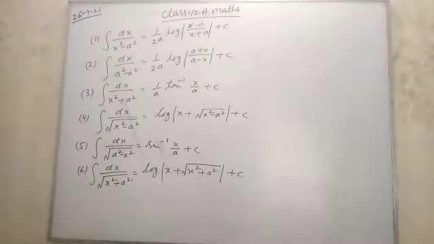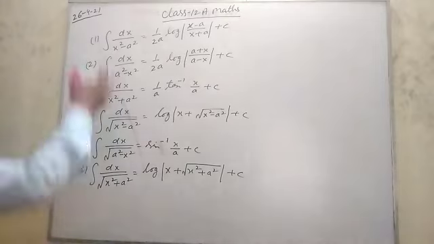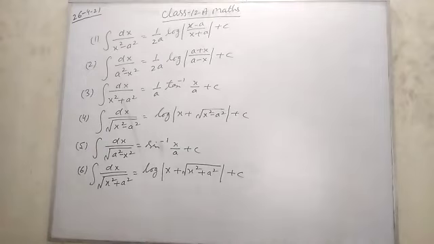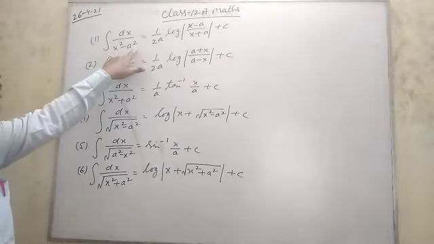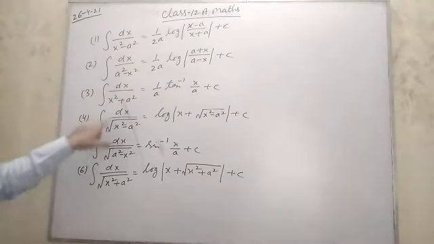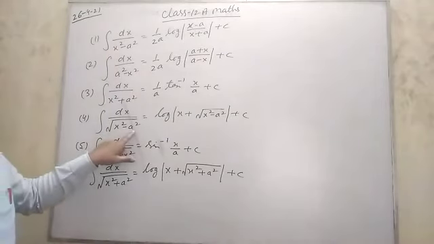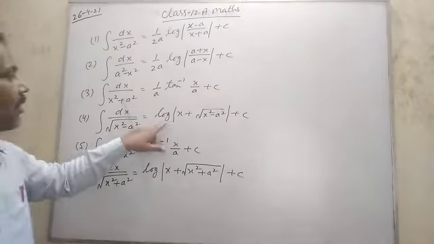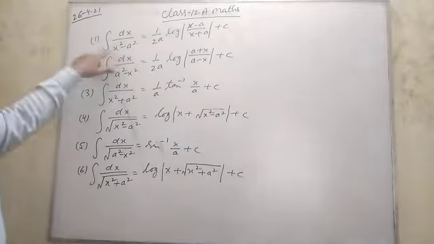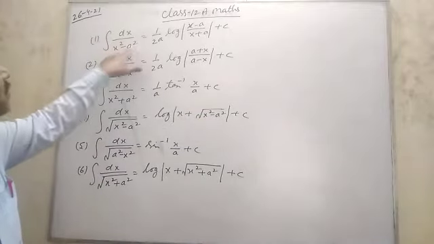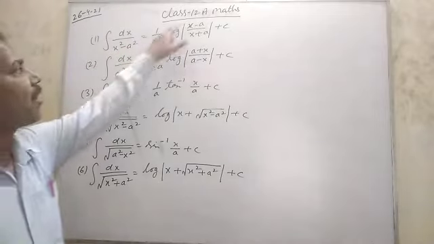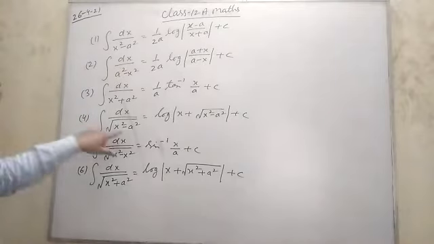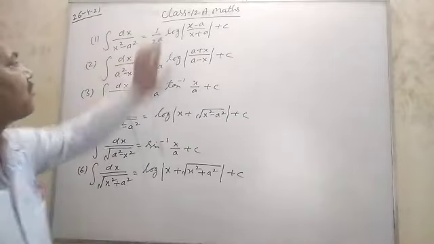Okay. So first you see how to learn the formulas. Some minor differences in formulas, like dx upon x square minus a square, and here dx upon under root x square minus a square. When it is under root x square minus a square, then the formula is log x plus under root of this. And dx upon x square minus a square, then 1 upon 2a log x minus a upon x plus a. So like this you have to learn. If root, then this, and without root this formula.